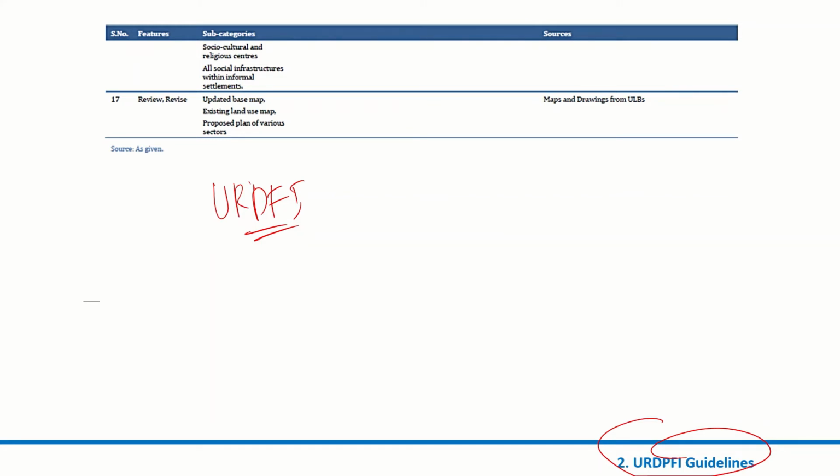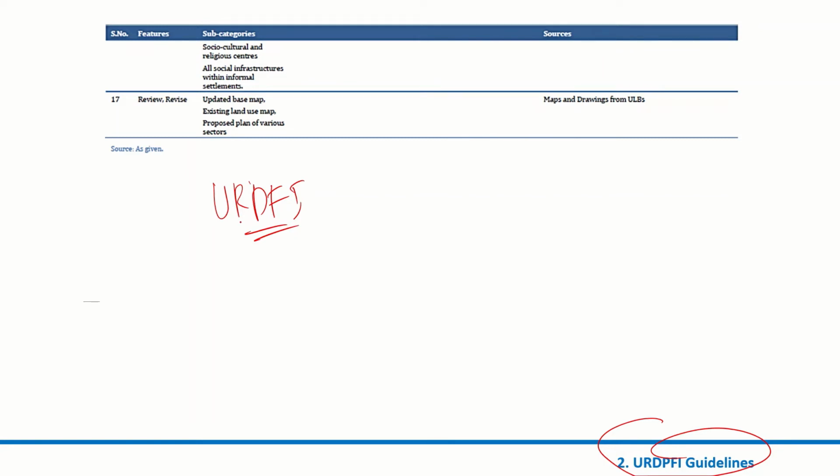Okay, and let's say I want to do mapping of social infrastructure. How to do that? There are two or three paragraphs on how to map social infrastructure, what precautions we have to take, and how we update the map that you carry with you.